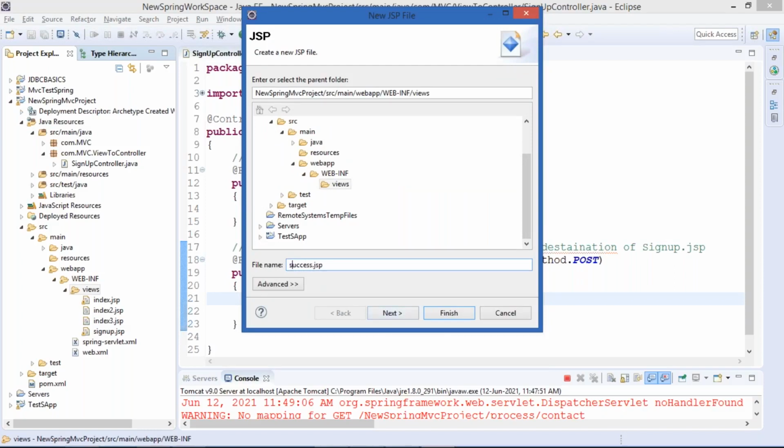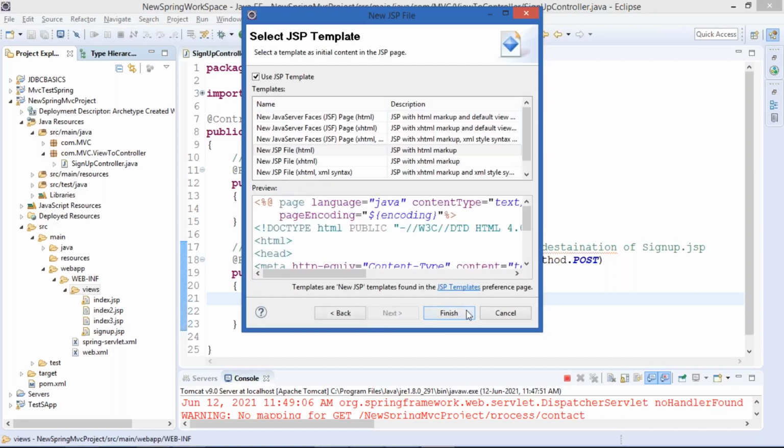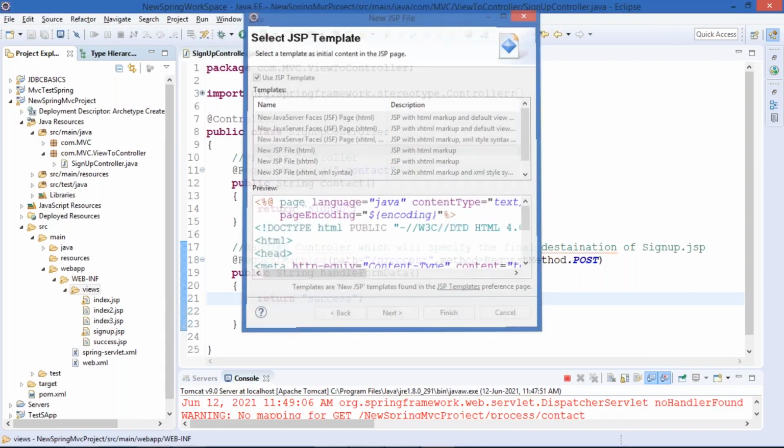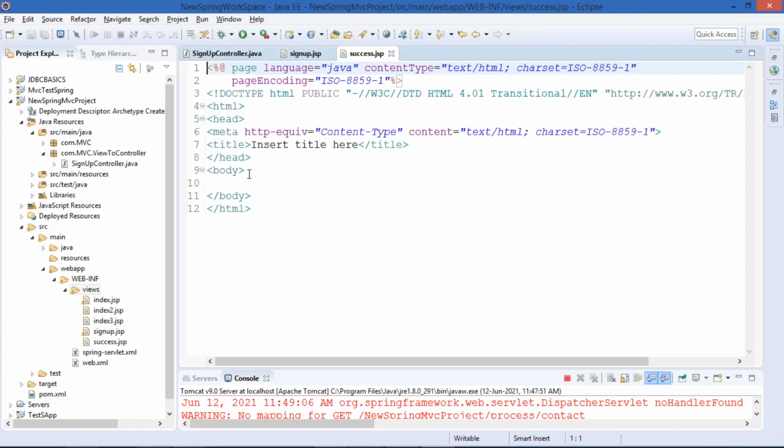Success, so S is in lowercase, success now.jsp. Success.jsp, guys, I'm going to say here success.jsp. This is done. Okay, this is done. So simply I'll use an h1 tag, and I'll say congrats,